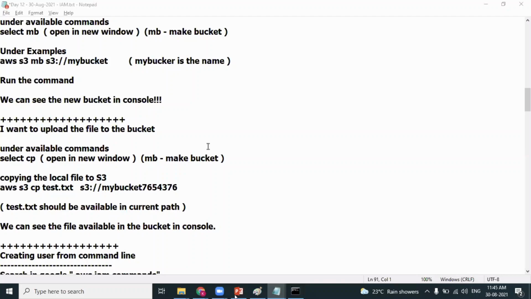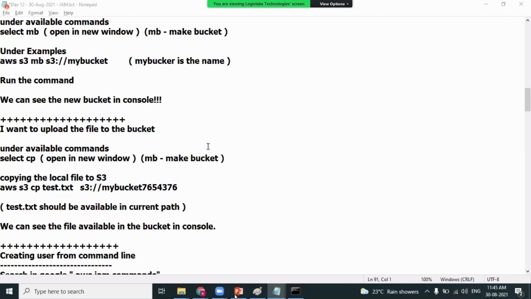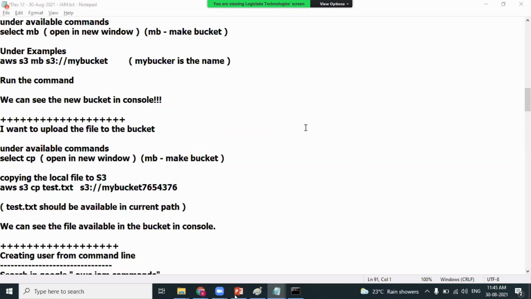Sunil, yes. When we create a bucket, it will accept all the default values. Like in the GUI console, we were checking and unchecking the checkboxes, everything has an equivalent command. While creating, it will be accepting the default options, and then if you want, you can write a command to modify, or you can also modify from the console access. Up to you. But everything is possible using the command line. Okay, Anuj. Thank you. Welcome.